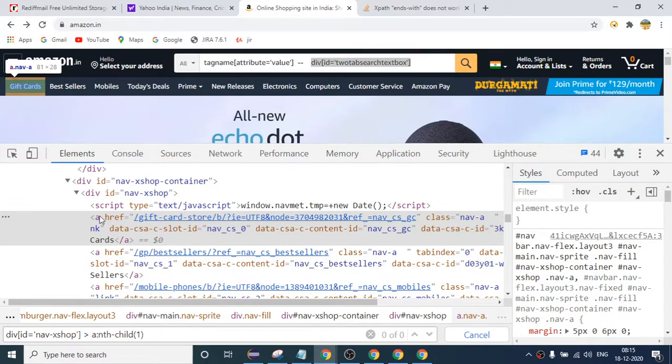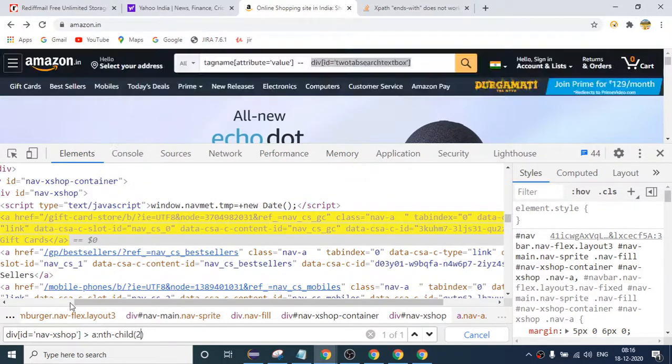Because if this anchor tag is present here, right? I am saying that it is one from my side, but if you see the code, this is the first tag and this is the second tag, right? And this is the third. So if you want to go to the first A, you have to write 2 here, right? Now you come to the first one.